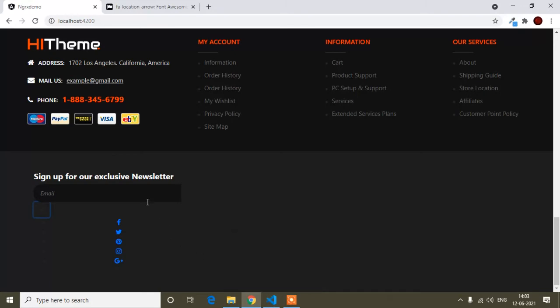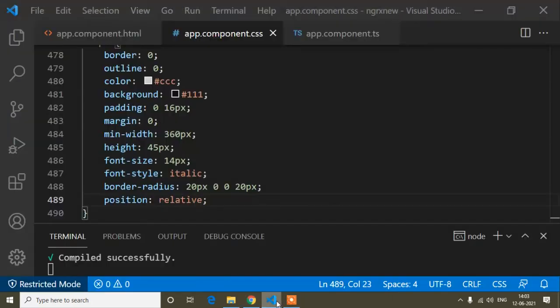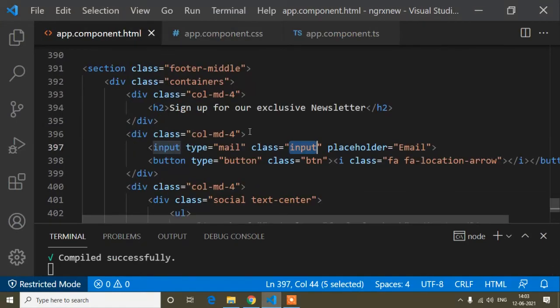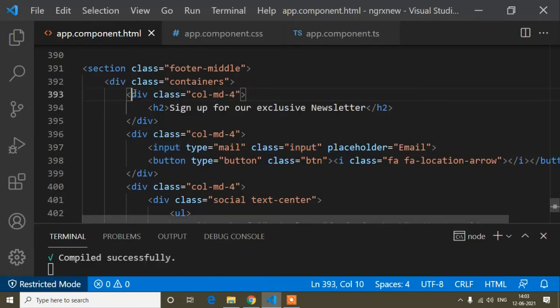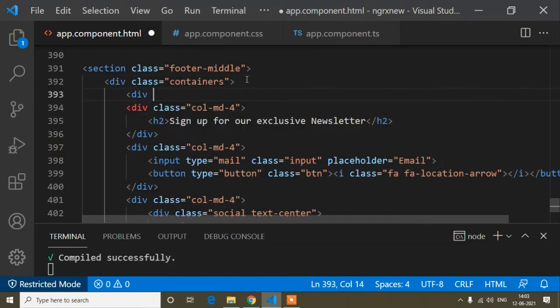But one thing is wrong here, that is this grid. I have maybe made one mistake, so that's why it's not coming side by side. I have added a column, but the column is not side by side like here and here, because I have written the column, but I forgot to write the row. So this is very important.